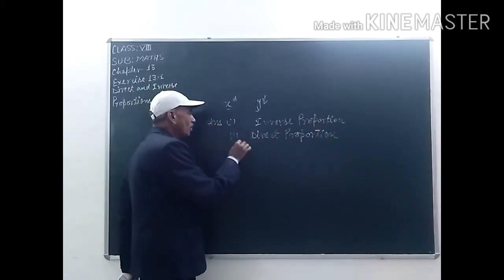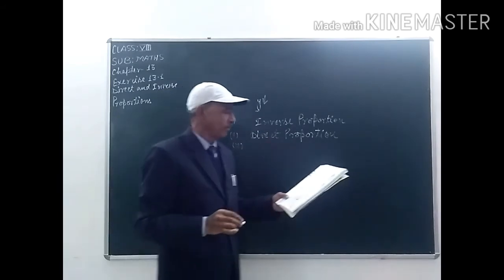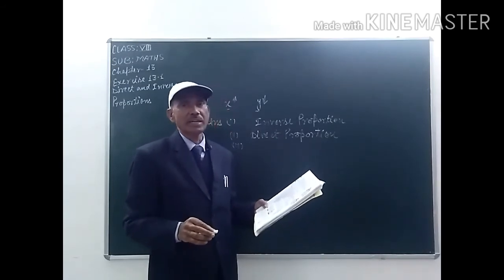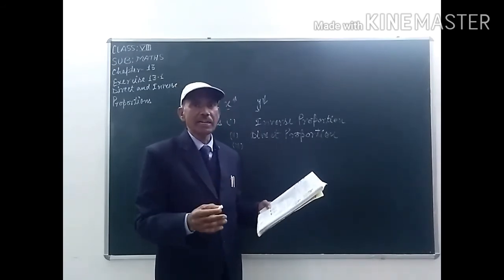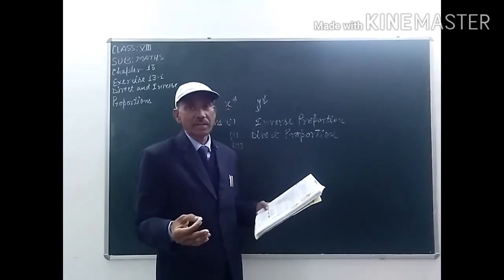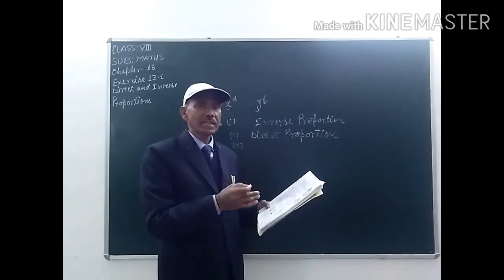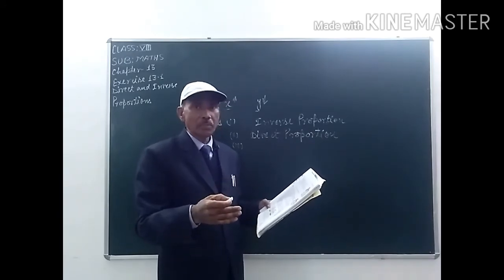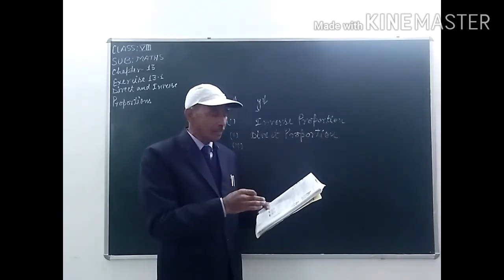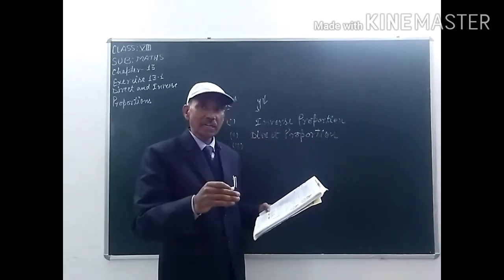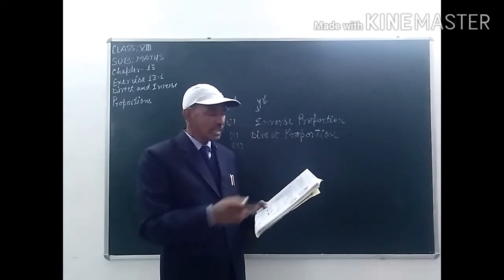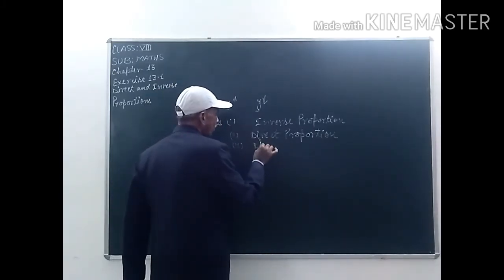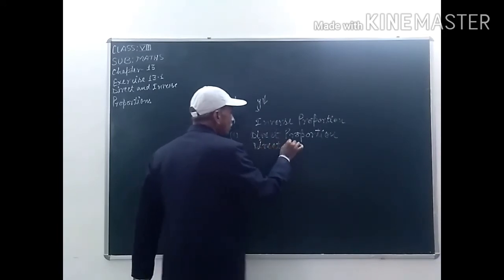Now we have to find the third part, that is the area of cultivated land and the crop harvested. Students, this relation is also a direct relation because if the cultivated land is more, then the crop that will be harvested will be more. So it is also direct proportion.